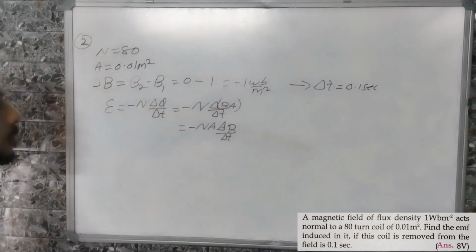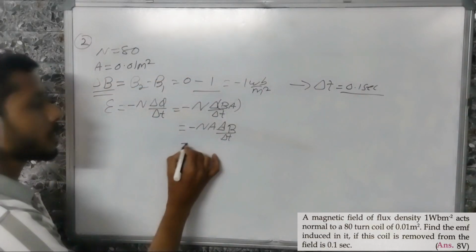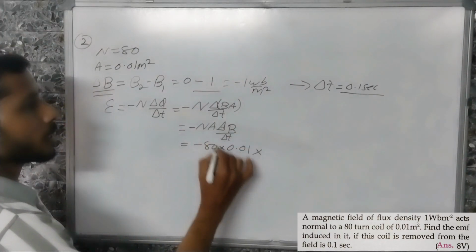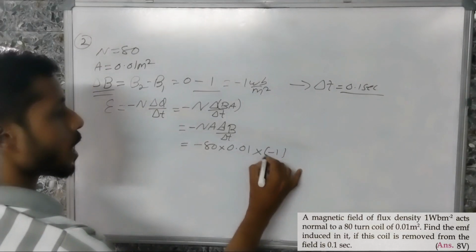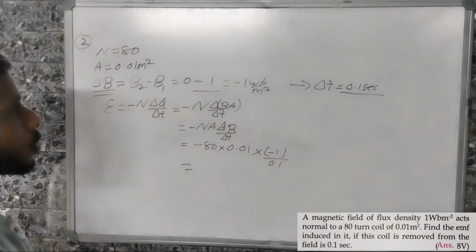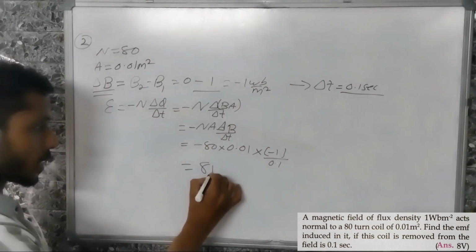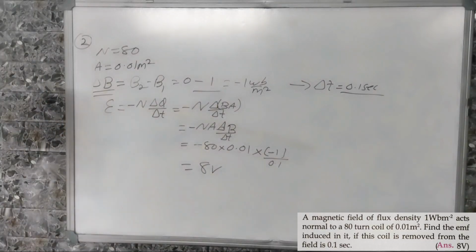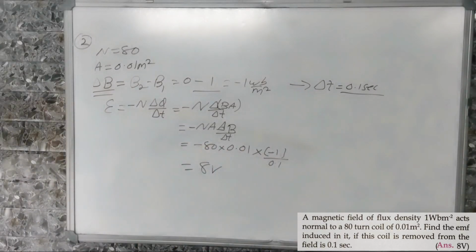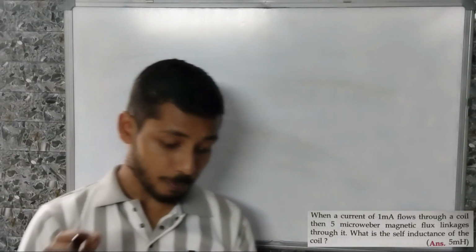0.1 second means 0.1 सेकेंड में मैग्नेटिक फील्ड इतना चेंज हुआ है। सो इसीलिए -80 इंटू 0.001 इंटू del B is -1 by delta T is 0.1. सो ये हमारा आंसर आएगा 8 वोल्ट। ये 80 तो ये हो जाएगा 0.1 0.1 कैंसल, माइनस माइनस प्लस, तो 8 वोल्ट। दिस इज द आंसर। लिख लो नेक्स्ट क्वेश्चन बच्चों। व्हेन ए करंट ऑफ 1 मिलिएम्पियर flows through